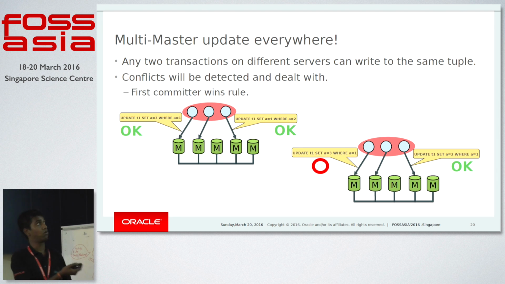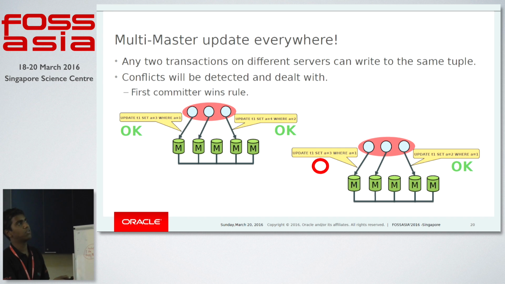So this is a simple way how transactions are executed. In this case, you can see that these are 3 clients connected to 3 different members in the group. We have this client executing an update on table T1 setting A equal to 3 where A is equal to 1, and we are updating T1 on a different member, setting A equal to 4 where A is equal to 2. So ideally these 2 transactions are non-conflicting. These are updating 2 different rows, so they can be executed parallelly, and simultaneously it will work on both the members. In the second example shown here,